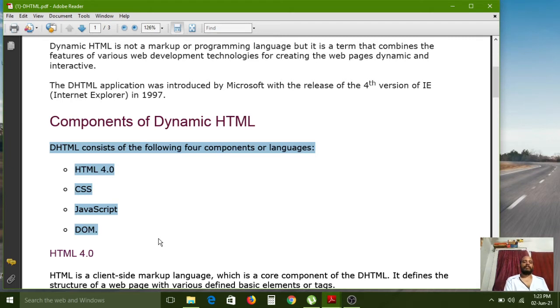If you use HTML5 instead of HTML4, then we will get some compatibility issues, because it is the advanced version of HTML 4.0. HTML 5.0 is the new version, but DHTML is related to only HTML 4.0.